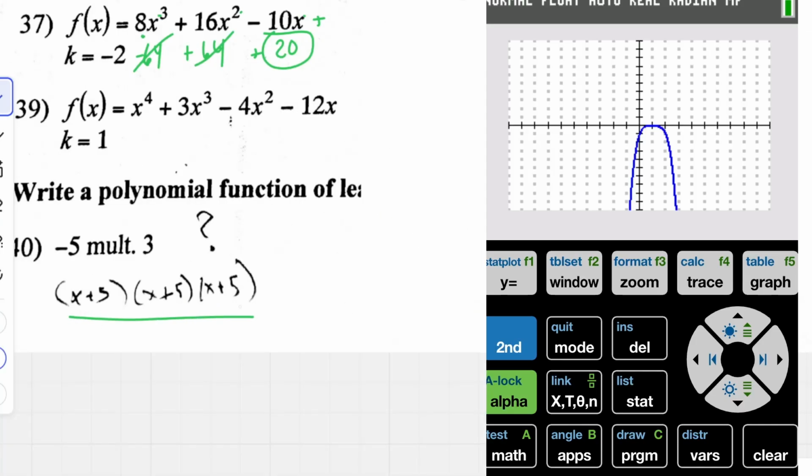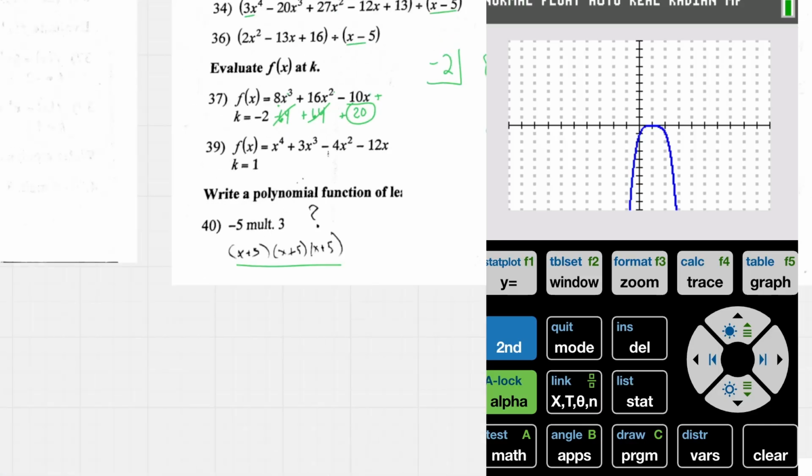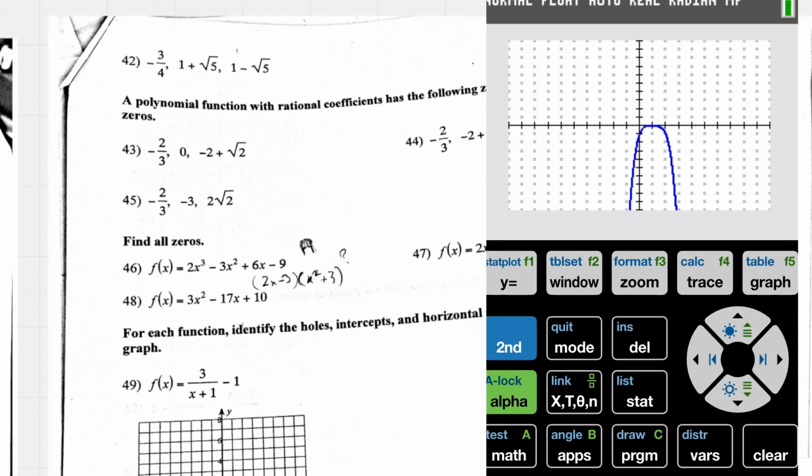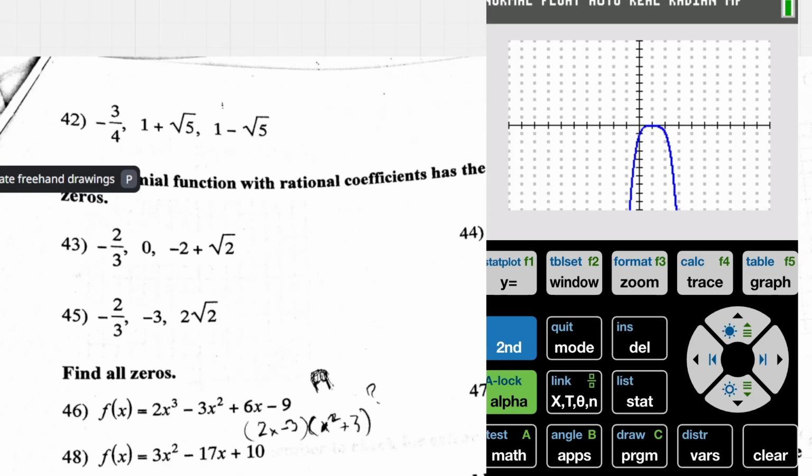These are x plus 5 to the third power. Okay, write a polynomial with these zeros. So it's going to be x minus 3/4, so plus 3/4, and then x minus